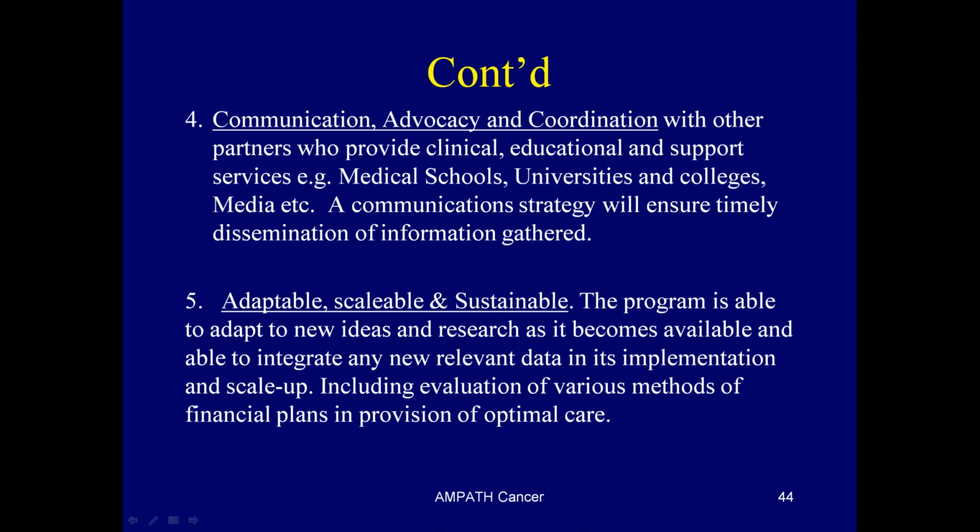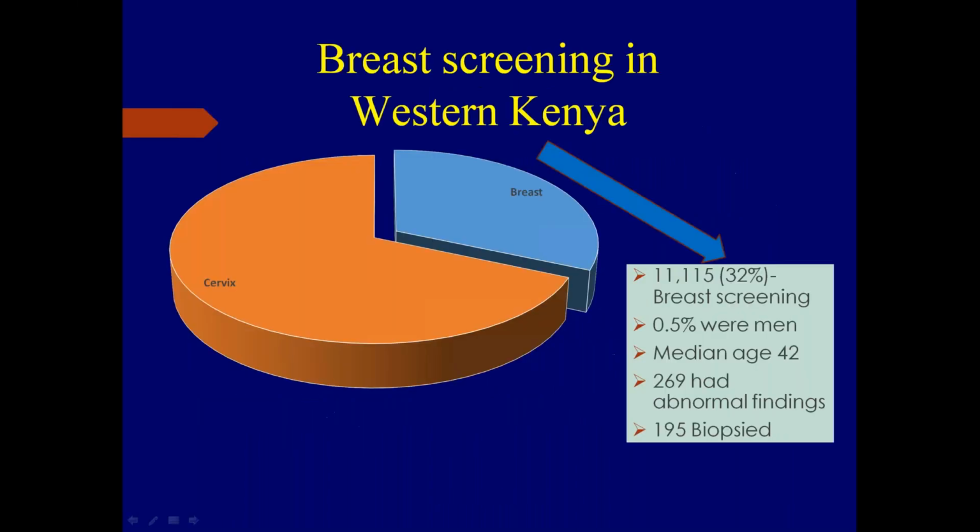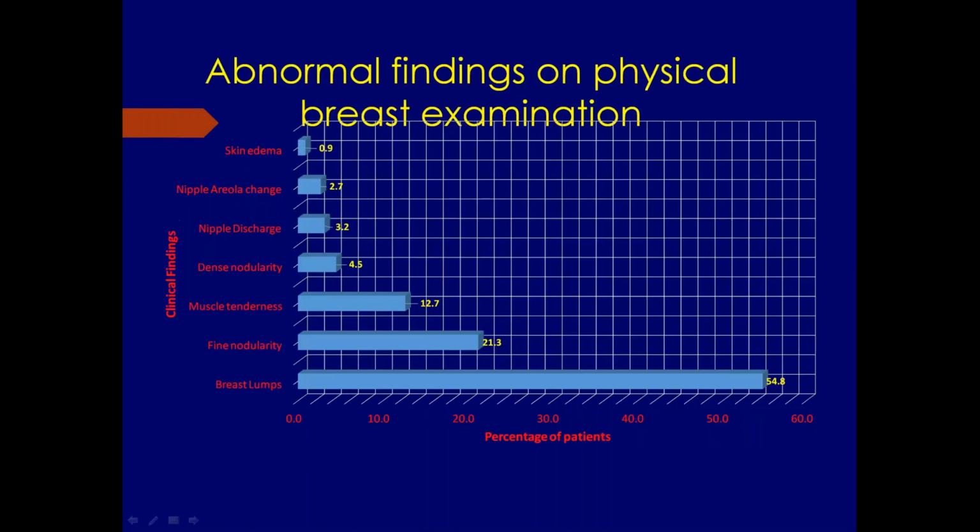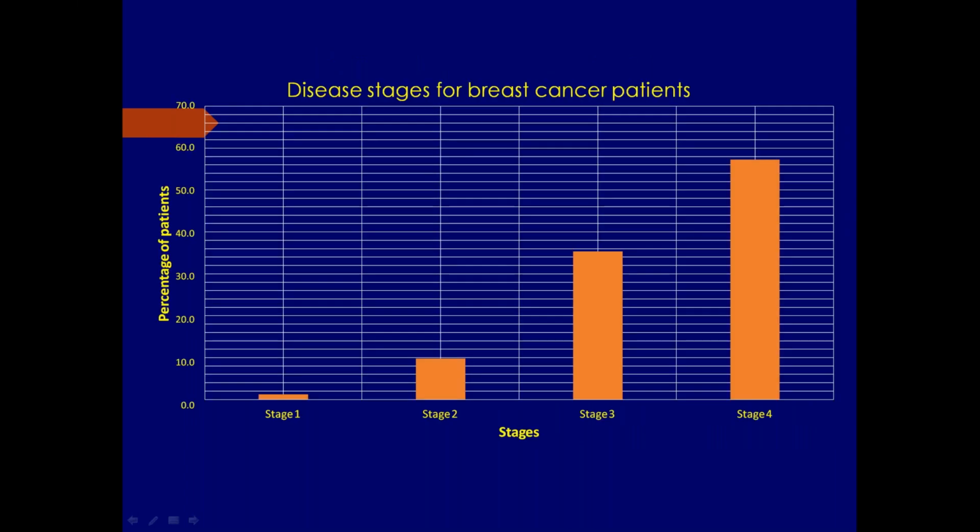Next. These other slides, I won't emphasize much on them because it's just some data from January this year. We screened about 11,000 women, 115. Next, we've had abnormal findings, as you can see. Most of these women on the next slide are mainly diagnosed at stage 4 and stage 3, as you can see,